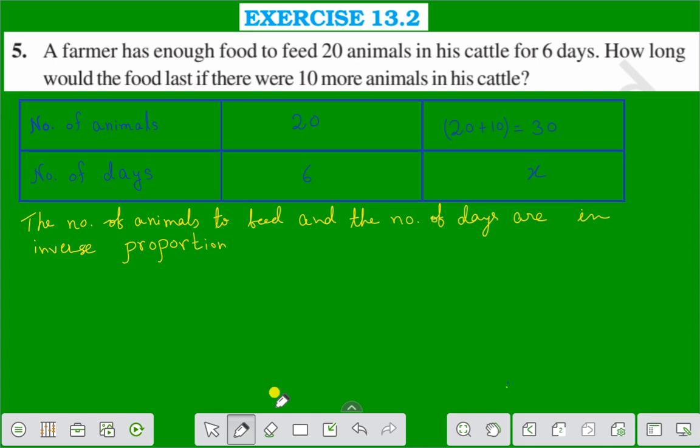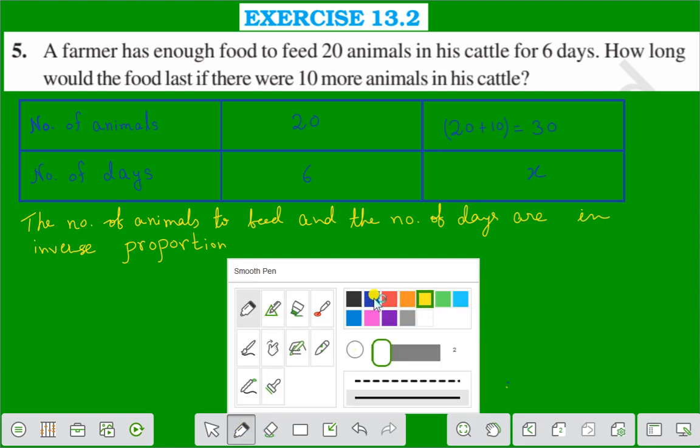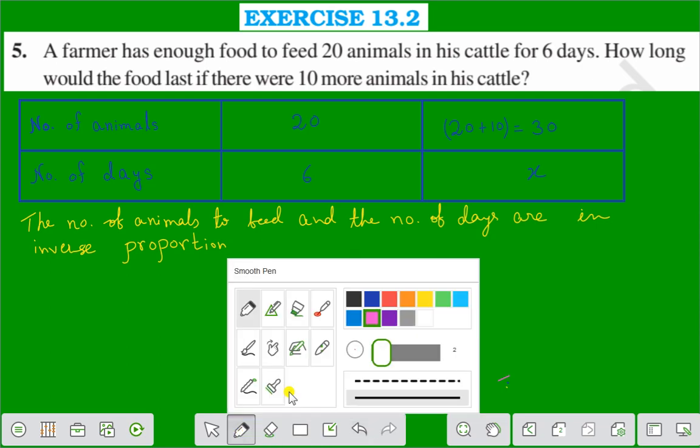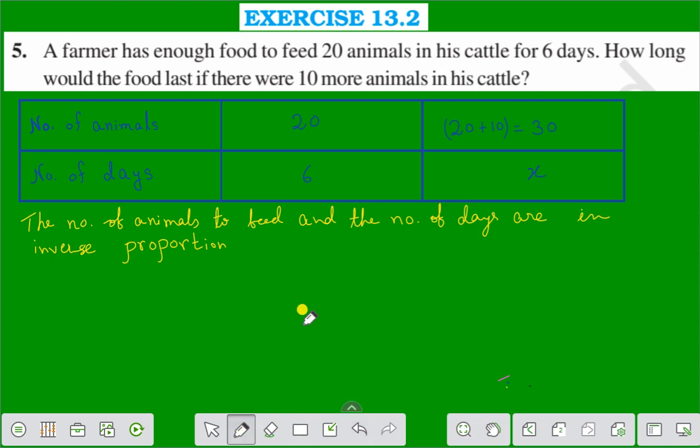Right? Therefore, we can write that 20 by 6 is equal to